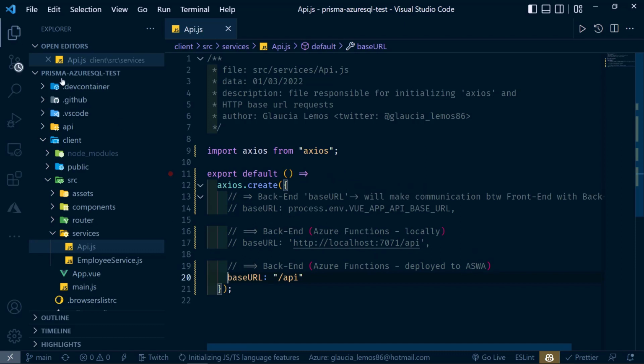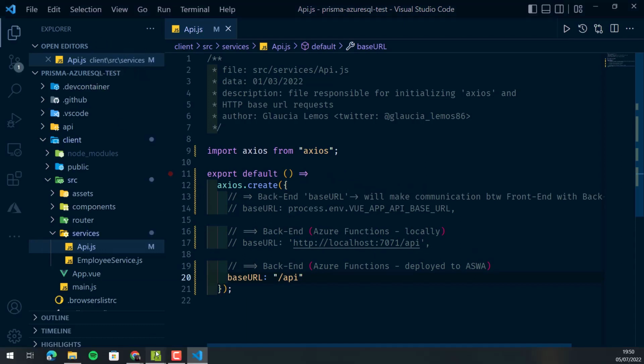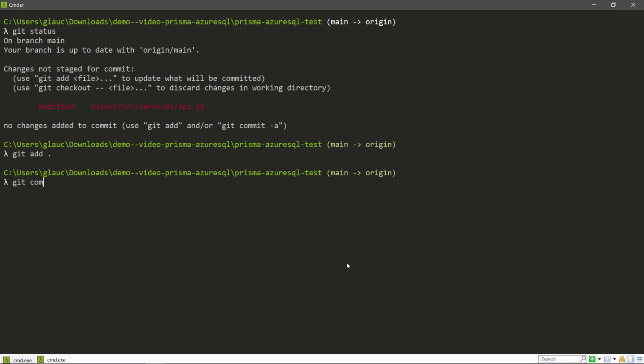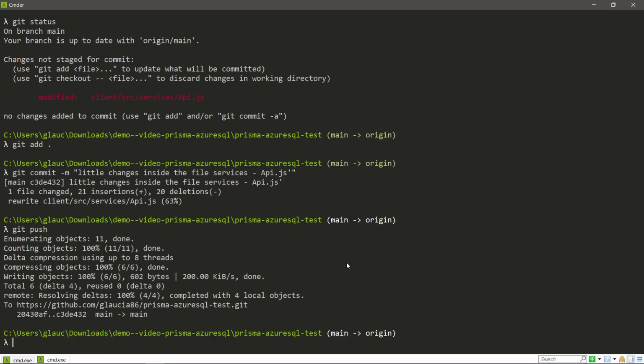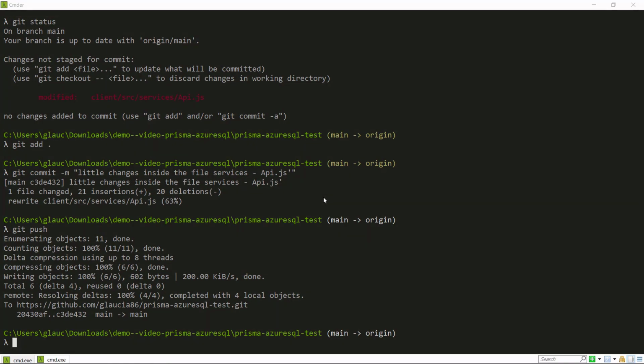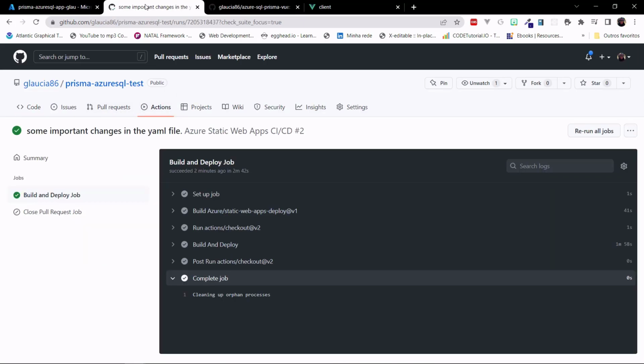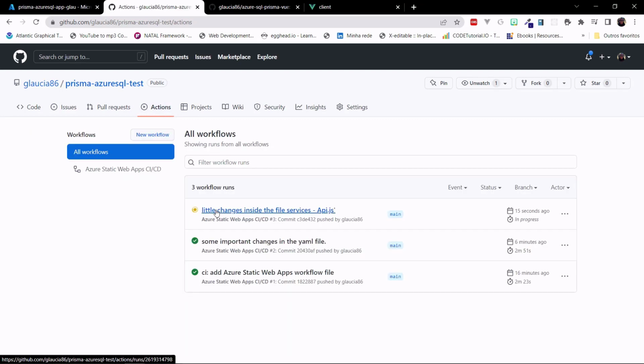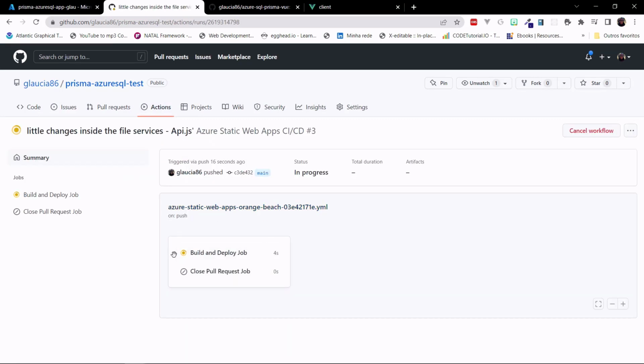And let's commit this code again. And again, let's return to our GitHub repository. Let's see the action again, building our job again.